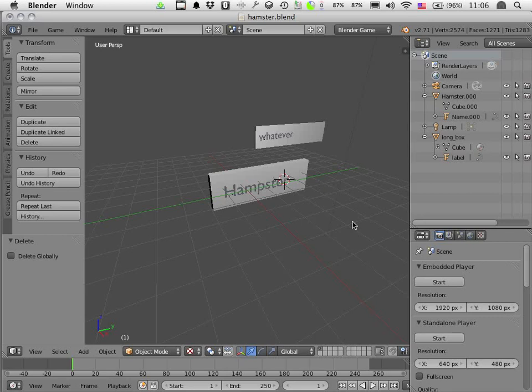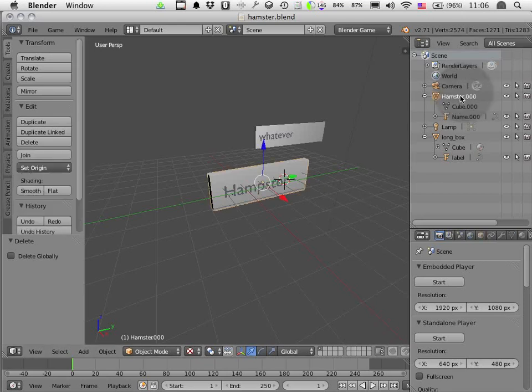In this Blender tutorial, I'm going to show you how you can use a CSV file to control the position and text on 3 different boxes. So right now I've got one box and I need to make 3. Now I can't just select this and hit duplicate, because this is a child and it has to be selected too, so I have to do, let's see,